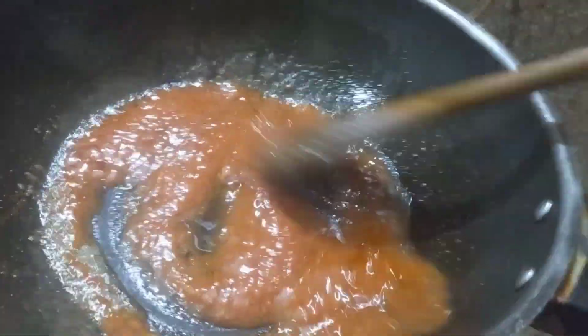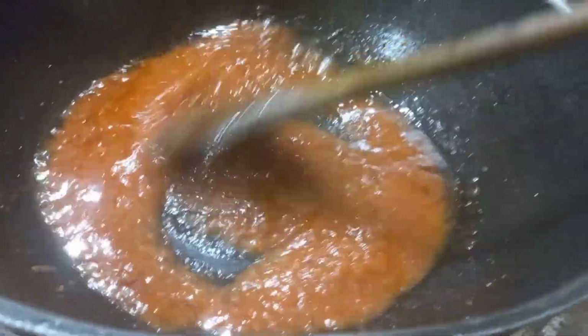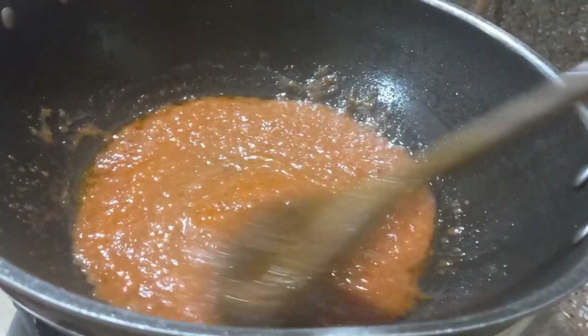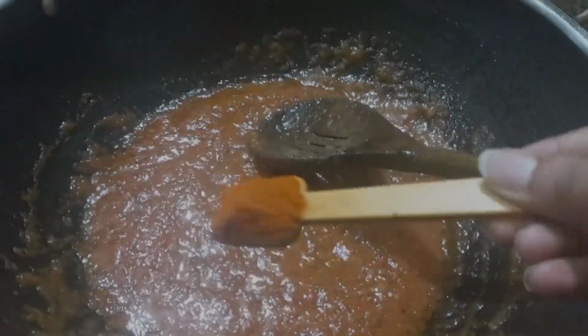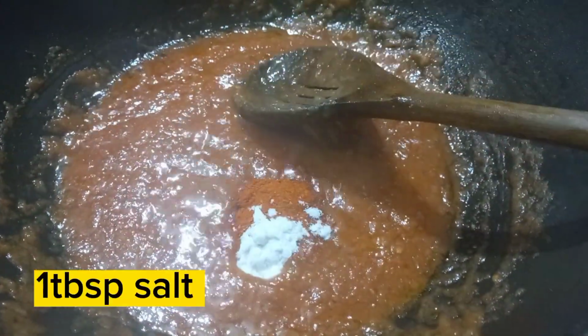Cook the tomato onion paste for 5 minutes until the oil is separated from the paste. Once the oil is separated from the paste, then add spices: 1 tablespoon of red chilli powder, salt to the taste,